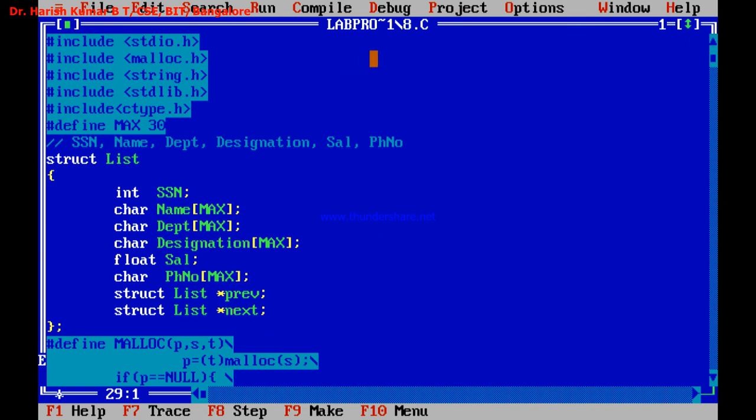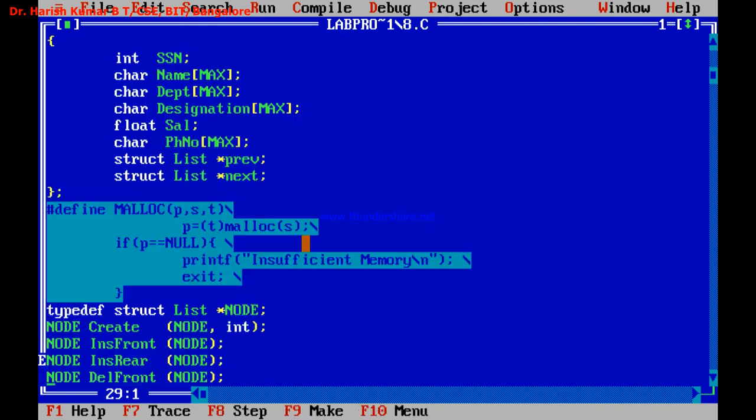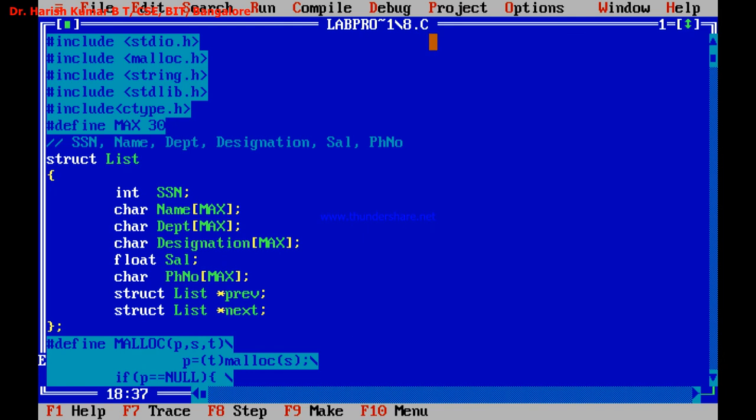I think I've already put this program in the Google site. I'll just check it. If it is not there, I'll add it to my Google site. So copy this program to your observation, and you can start executing. If you have finished already 7 programs, and if you don't have any programs to execute, today you can go for executing this. And if you have not completed the earlier programs, say 6, some batches have not completed or not started the 7th program and 6th program, complete them and then go to this program. Those who have already completed till 7 can go for doing this program 8.c. Okay, so